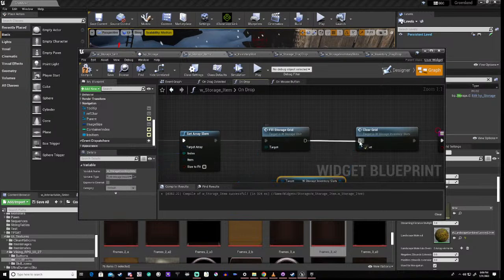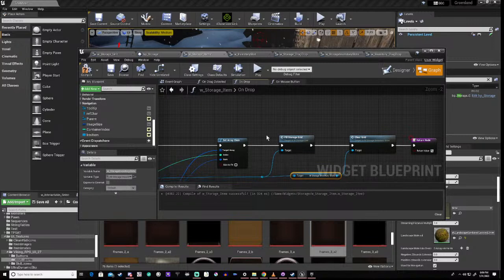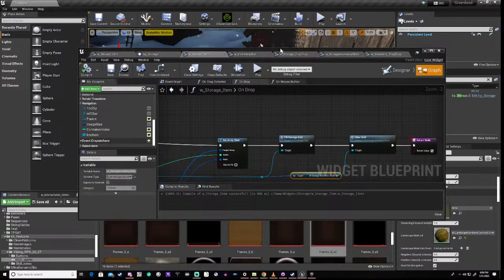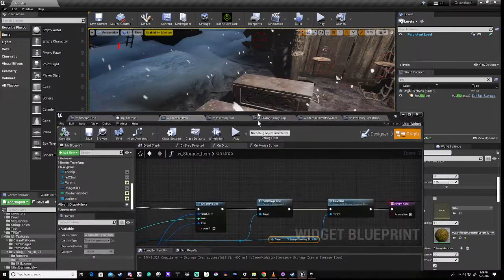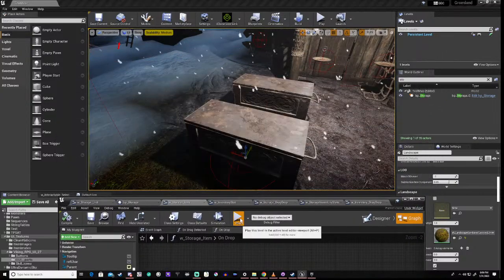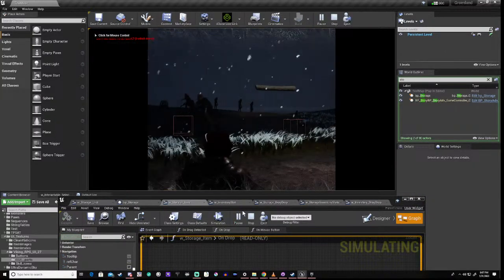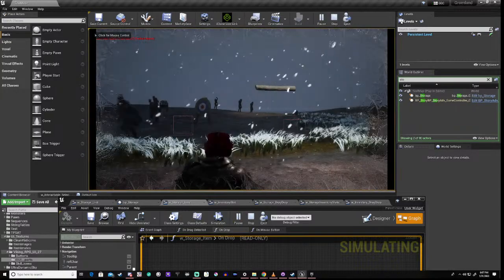Okay, and the next thing we're going to do is we're going to test that, and then we're going to check on our inventory slots. Okay,